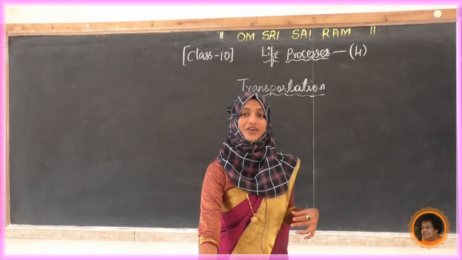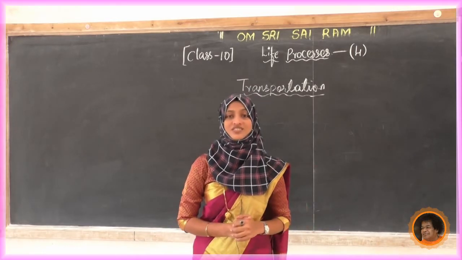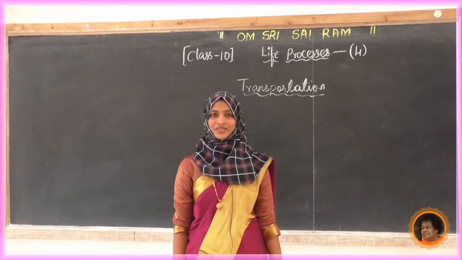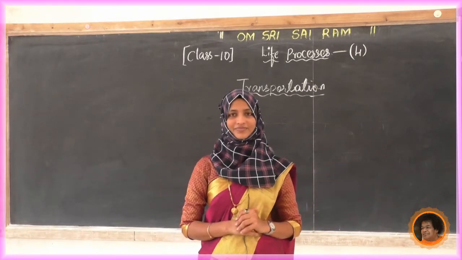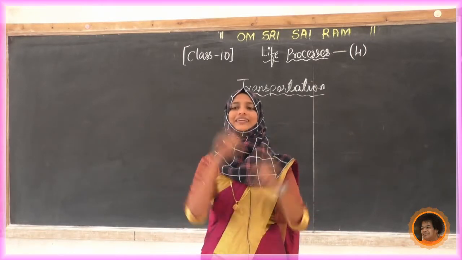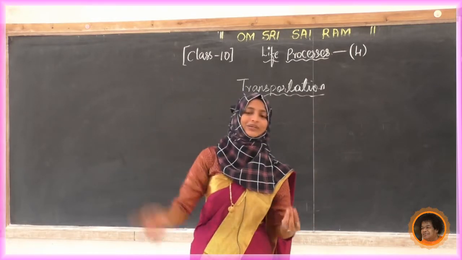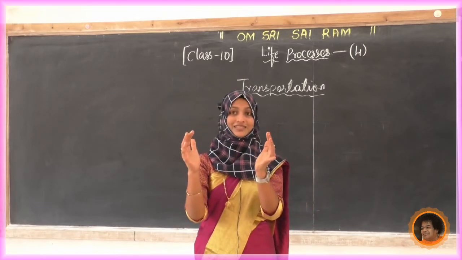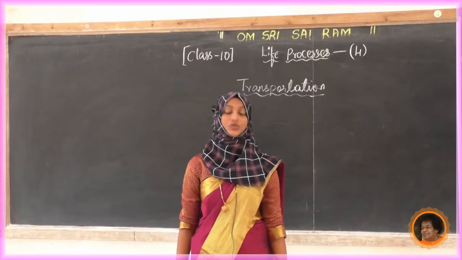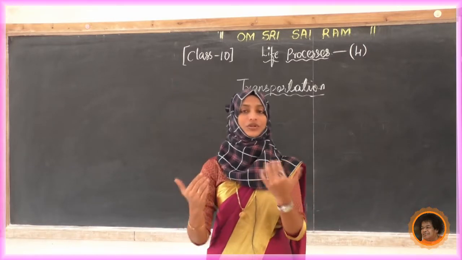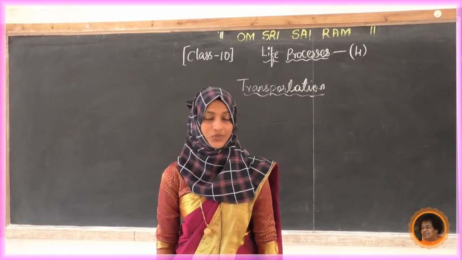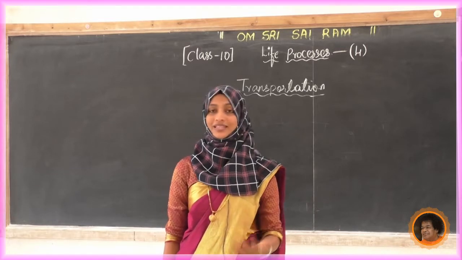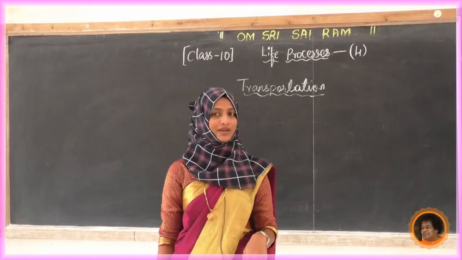Now in our body there is a transportation system, that is the circulatory system. Now tell me, what is the circulatory system? The name itself indicates circulating things, like a cycle it circulates things. Whatever it may be, it circulates. So the entire system is the circulatory system. We have a well defined circulatory system in our body. So in today's class, we are going to study transportation in human beings, that is nothing but the circulatory system in human beings.